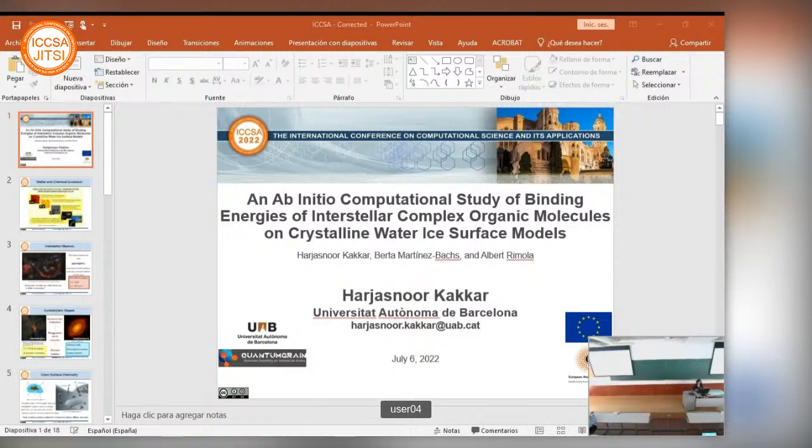Up to now, this work has been carried out on the crystalline ice surface, but the objective of this whole work is to obtain accurate binding energies in the interstellar medium conditions. Therefore, we need to use the ice surface in the amorphous state. But modeling the amorphous ice would require a bigger unit cell in order to account for the lack of long range order and the various binding sites. And hence, we need a cheaper but almost equally accurate method to calculate the binding energies. Here we propose